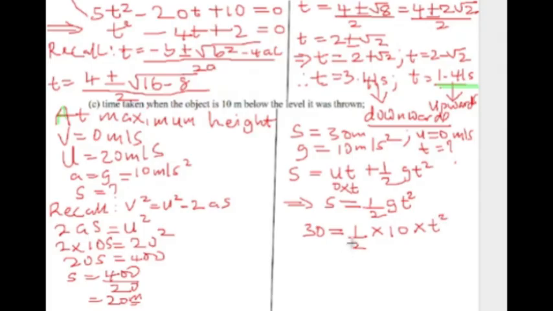The 2 cancels 10 and makes it 5. We have 30 is equal to 5t squared, which gives us t squared is equal to 30 over 5. So t squared is equal to 6, which implies that t is equal to the square root of 6,